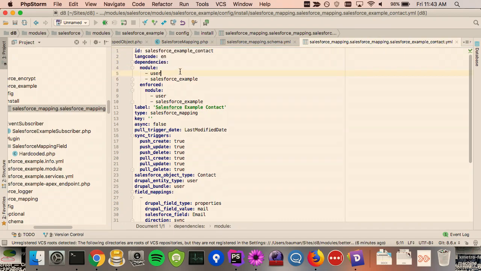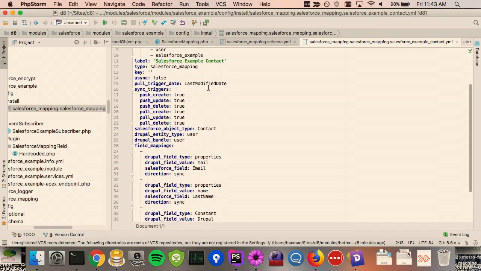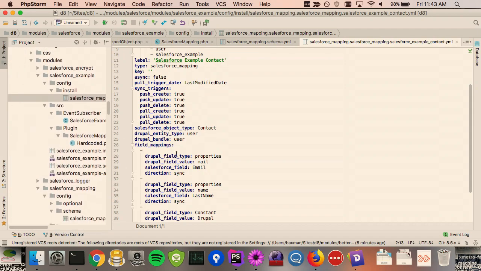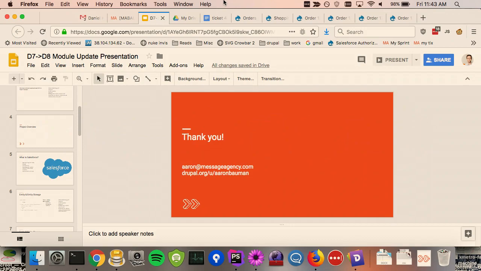What we're looking at right now is an instance of a config entity. This is a Salesforce example contact, and I can do a lot of the things that I would do with features in Drupal 7 with this config entity. I can push this up to another environment and deploy it there. I can version control it, and it's so much easier than working with one of those monolithic features files that's unreadable and unmaintainable, and you can't edit by hand. So I think that's all I wanted to say about